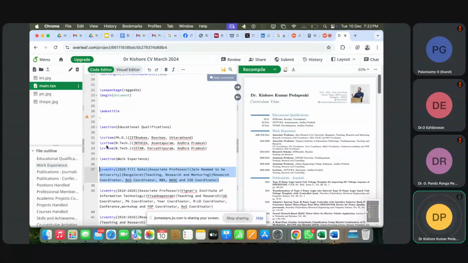cventry means it will allow you to give 6 different data. For example, I have given one data here: 1, 2, 3, 4, 5, 6. I have given 6 different types of data here. If, for example, you don't have data, just make the curly braces open. That's all. Out of 6, you make anything open, then it will work out. Understood? This is the beauty I have identified. I feel comfortable in CV.